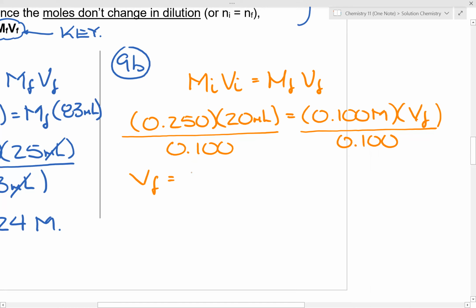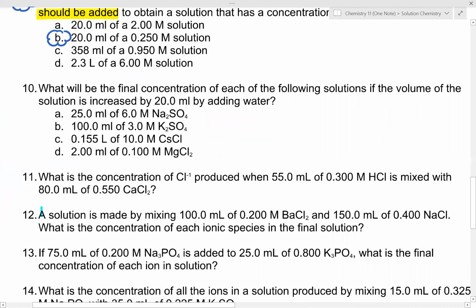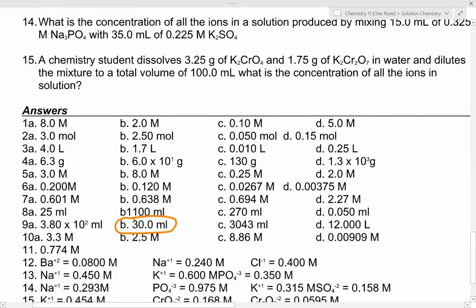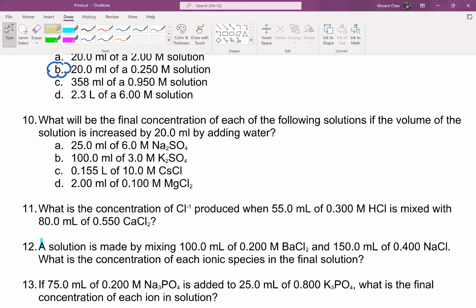So I get 50 mL. But if you look at the answer here for 9B, the answer was 30 mL. And the key thing is this, why is it 30 mL? It's because the question is how many milliliters of water